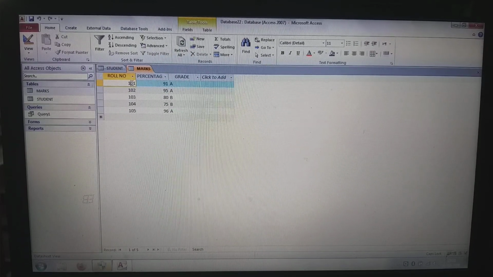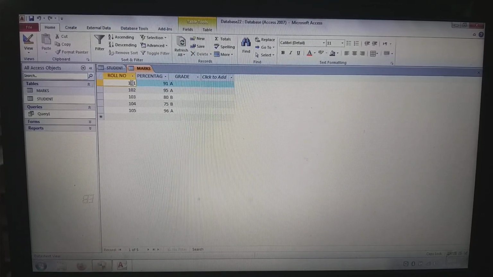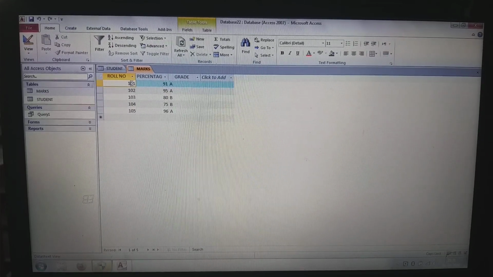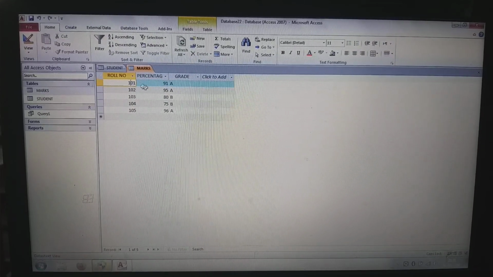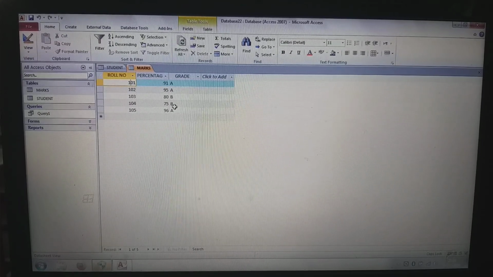In this class, we will see how to create a data entry form to enter records and a report to display selected data in a printable format. After the class, you should practice the form and report and whatever we have done in our online class.